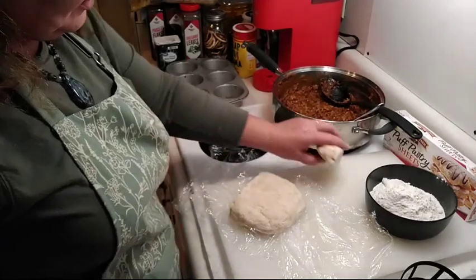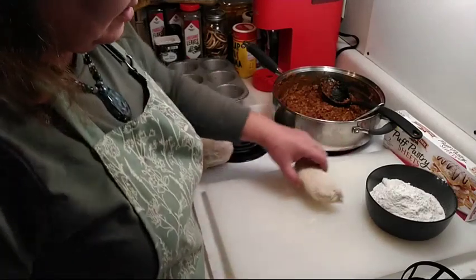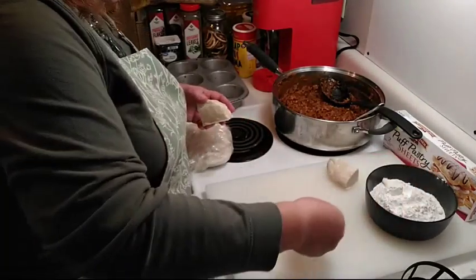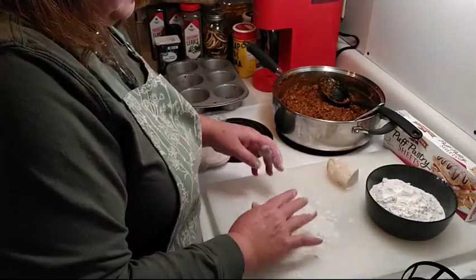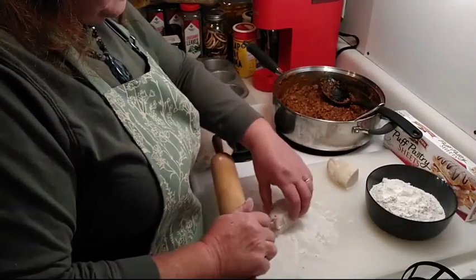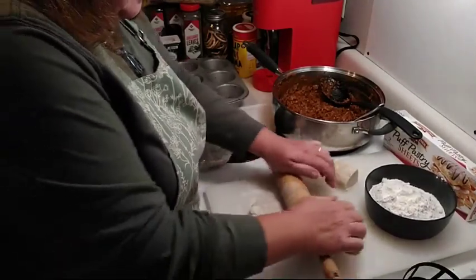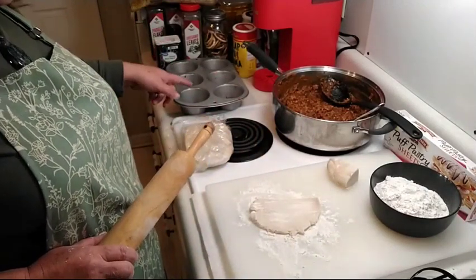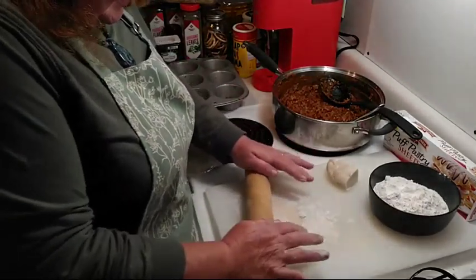And it's a stiff dough, which is really good. You want to flour your surface and the dough. You're going to need a rolling pin, and I do have my poor, horrible looking Texas size muffin tins, and I have